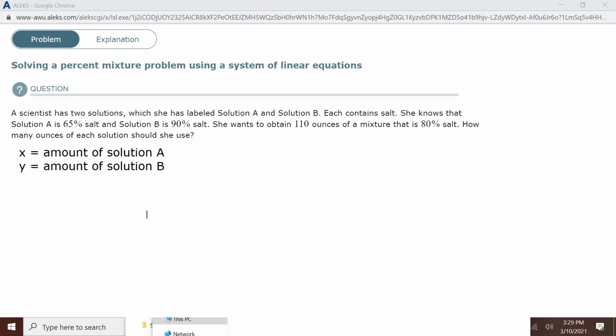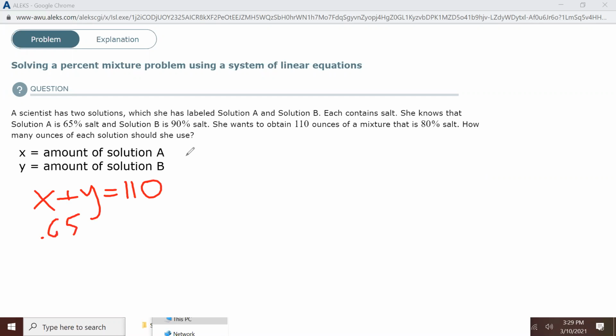So we know that if we take the amount of solution A and add to that the amount of solution B, we should end up with 110 ounces. We also know that